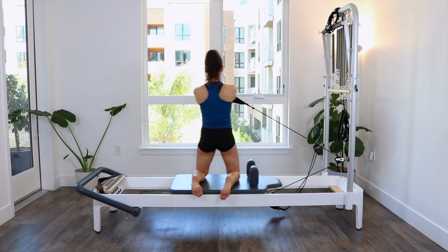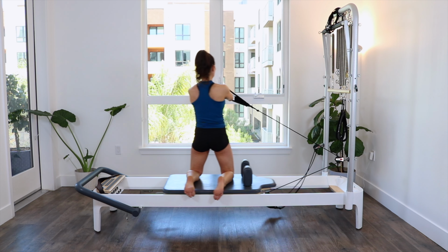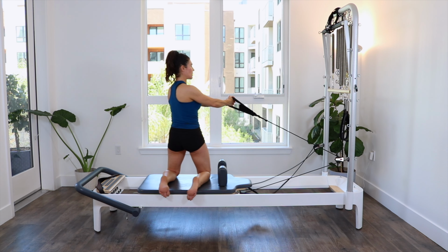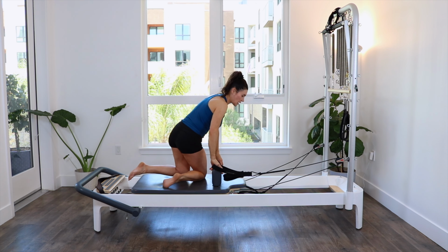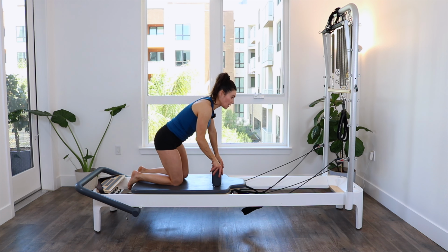Across. Feel those hips keep pushing forward. One side might be more challenging than the other. And your last one. Beautiful job. Excellent. Let's go ahead and take that strap back where it lives, and we'll get ready for the